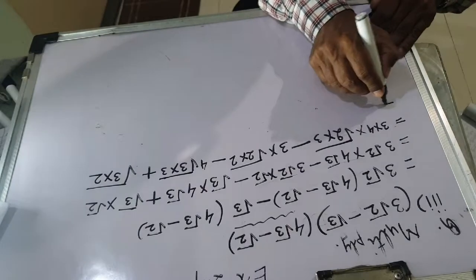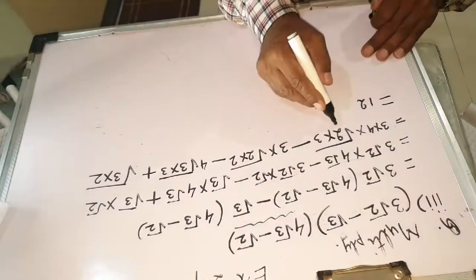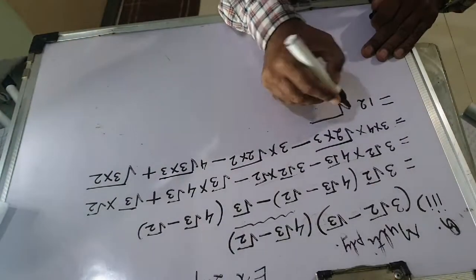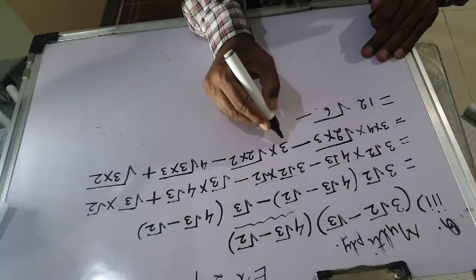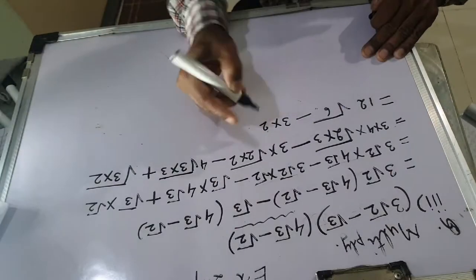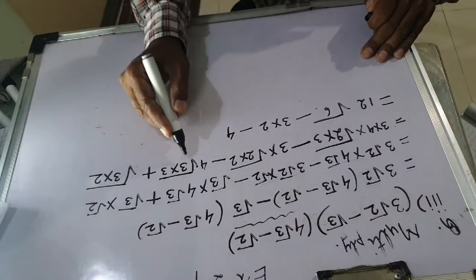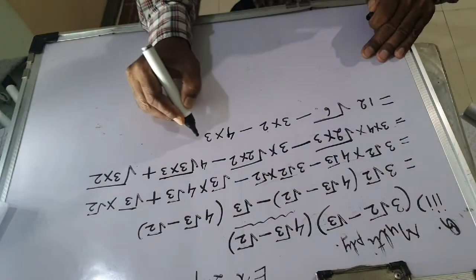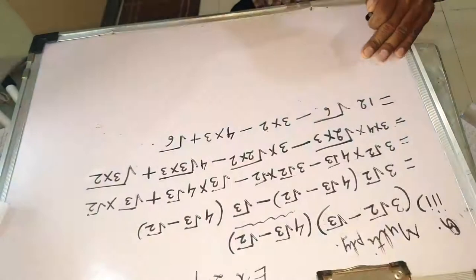That is equal to, now 3 4s are 12, root 2 into 3 is 6 minus this 3, and root 2 into root 2 is nothing but 2, a pair, minus 4. This again, root 3 into root 3 is 3